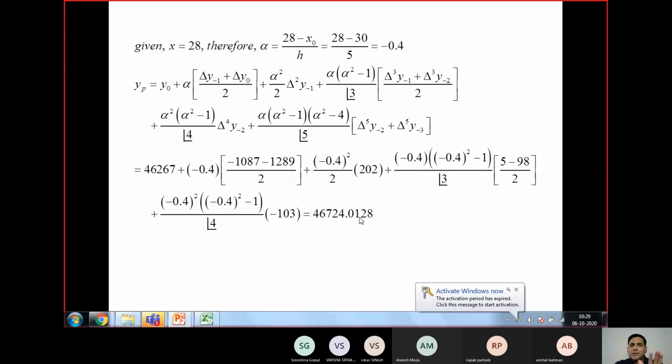So you have several techniques, and from here you come to know one thing, that no technique is complicated. Only thing, everywhere you are creating a table. The table is almost the same for all of them. Yes or no? Your difference table is the same throughout all the calculations. Only where you are calculating the divided difference table, that is slightly different. The rest of the tables are just forward differences. Each thing needs some calculations. Here you need slightly less calculation, while the divided difference needs so many terms.